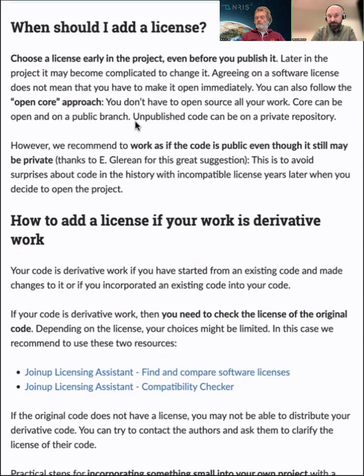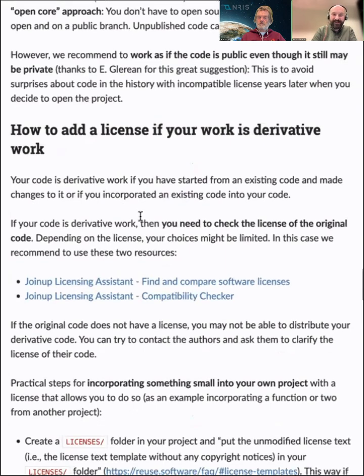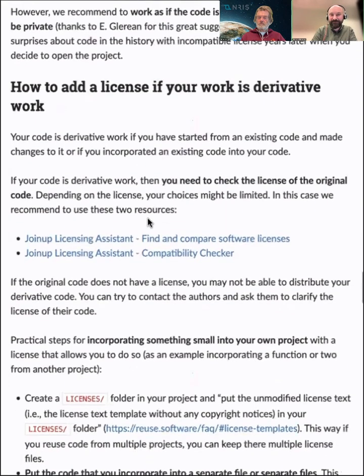Sometimes you don't have the list of all the possible licenses that exist in this world, which brings us to the next topic: how to choose a license. There are so many licenses out there, and I'm sure every license has a reason to exist, but you can see in the software you use, if you find the source code of a library, that a subset of licenses is more used than others.